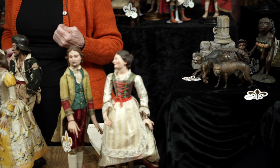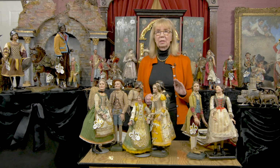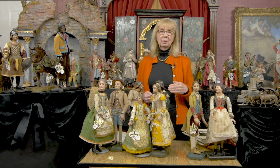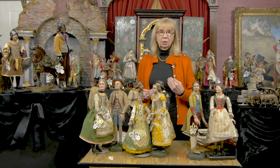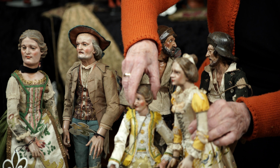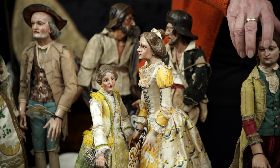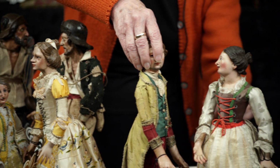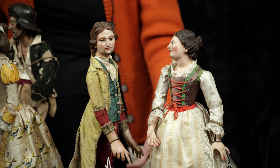Some people have looked at them, and I will admit I did too when I first saw them, and I was a little taken aback because at first glance, well, some of them are just too highly characterized, and they're strong. They're so strong. But the more you look at them and the more you study them, the more you really realize how wonderfully they interact together in conversational pieces, like these two, the gentleman and the lady talking to each other. And I want to turn them around too